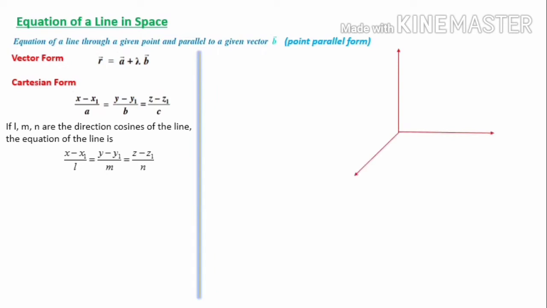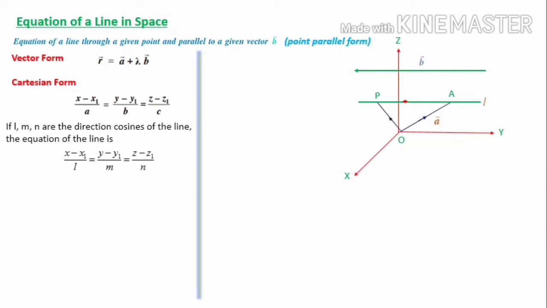Here, consider the coordinate axes x, y and z. The point of intersection is O and there is a directed line segment L taken. Then a point A is also taken. This is point A, that is a given point. And we have to take a parallel vector, that is vector b, which is parallel to the line L. And let's take another point P, an arbitrary point P on the line L. Then we have to find out the position vector of A, that is OA. We have to join OA and OP. The position vector of P we need to calculate.